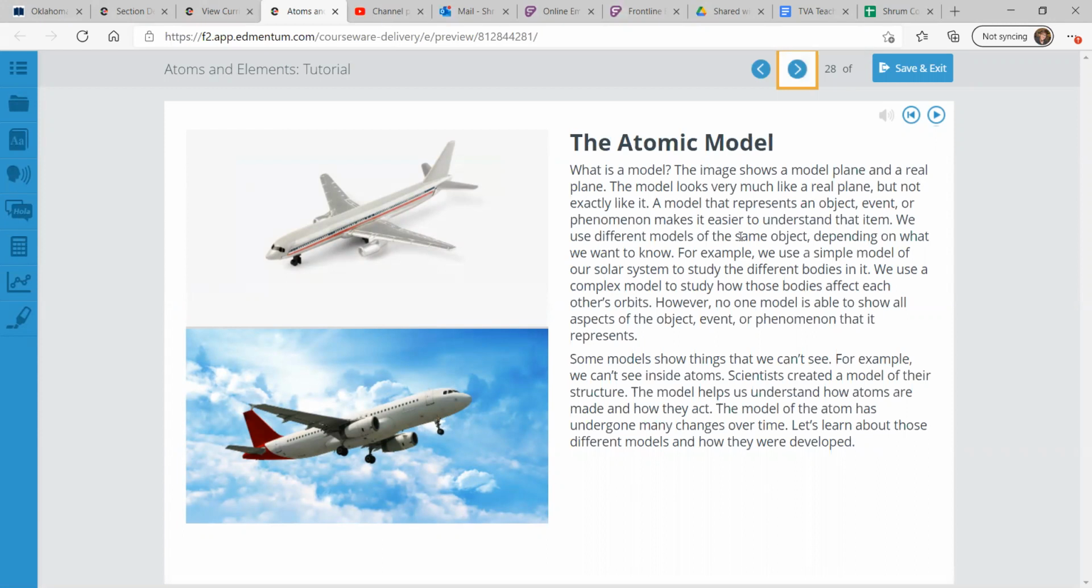However, no one model is able to show all aspects of the object, event, or phenomenon that it represents. You need multiple models that are slightly different. Some models show things that we can't see. For example, we can't see inside atoms. Scientists created a model of their structure, and the model helps us understand how atoms are made and how they act. But the model of the atom has undergone many changes over time as well, and it gets more and more accurate and helpful. And we're going to look at those different models